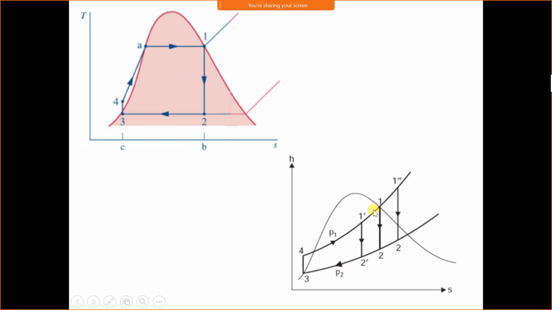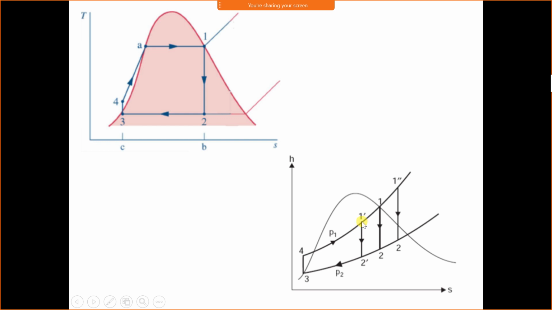Suppose the water is not converted into saturated steam, it is converted into mixed steam, a mixture of water and vapor. Suppose the water being supplied in the boiler is not converted completely into saturated steam. Then here it is written as 1 dash, and 1 dash is inside the saturation curve. Inside the saturation curve, this portion represents the wet region. Wet region means a mixture of water and steam, a mixture of water and vapor.